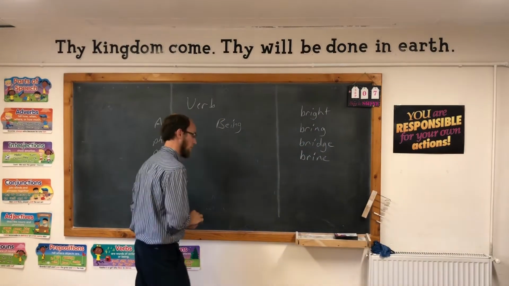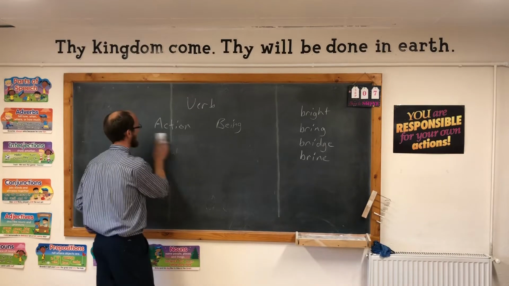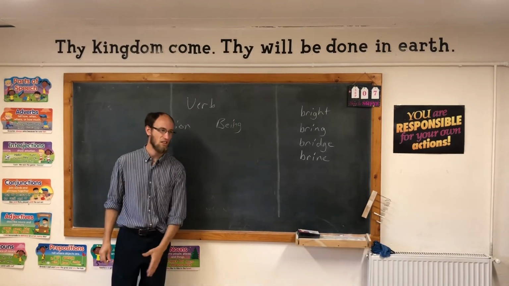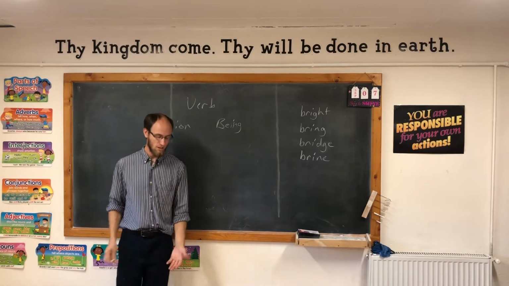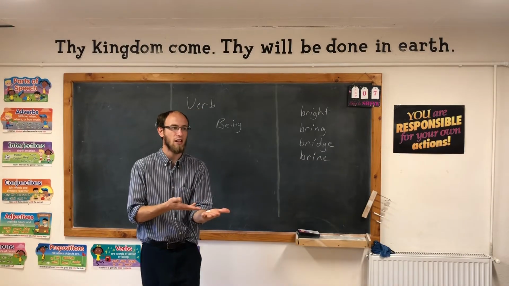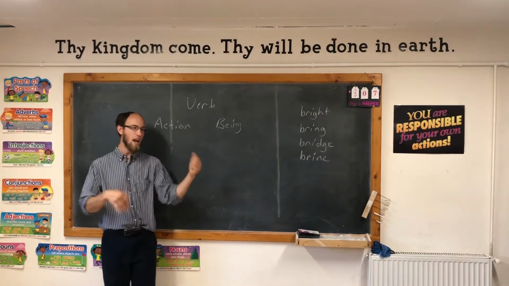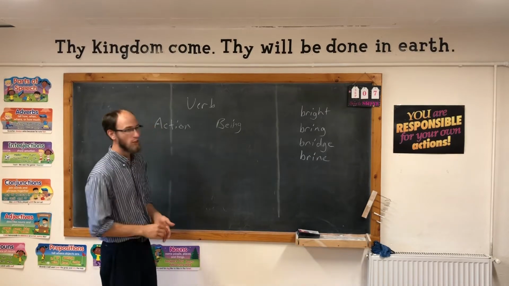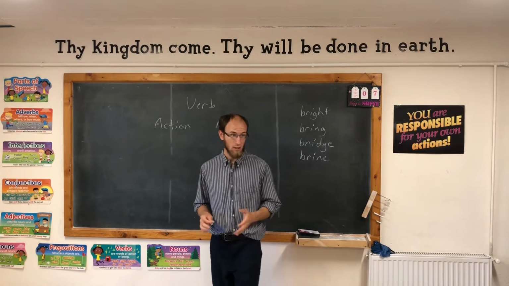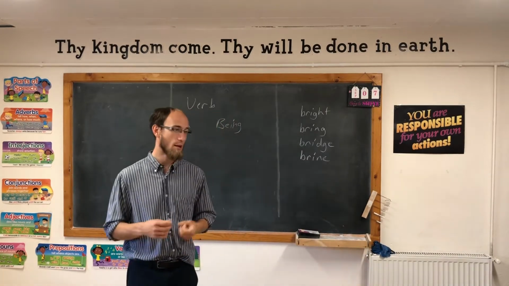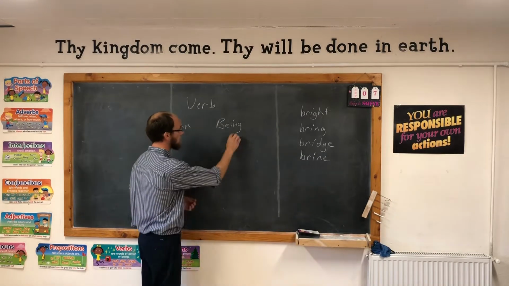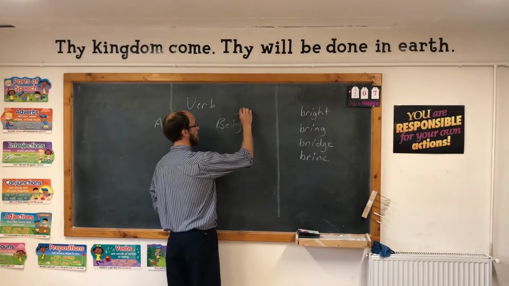Now, being can come in several ways, and the being verbs are verbs that just plain exist. They say they just are. This chalk is on my hand. It's just sitting here. It's not doing anything. You are at your desk. I am in front of the room. And the common being verbs are am, is, are, was, were, be, been, being. You should memorize them so that you can say them quickly. Am, is, are, was, were, be, been, being. You can say them very quickly. And not only the being verbs are part of what we call helping verbs.